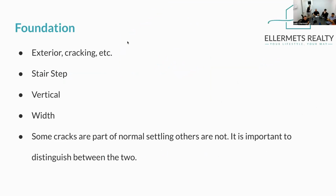Foundation. One of the first things that the inspector ought to do is walk the house. They're going to look for exterior cracking, etc. They're going to look for things like stair step cracking. Very common in Florida, right? Okay, so that is common, unless